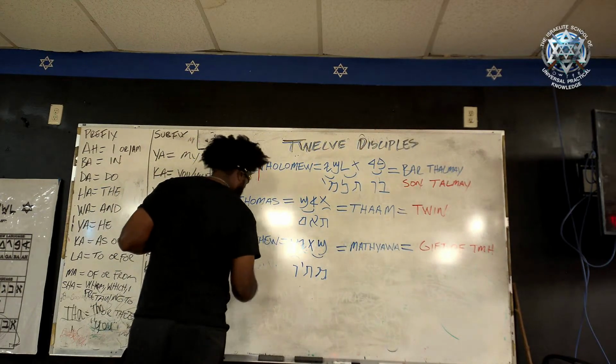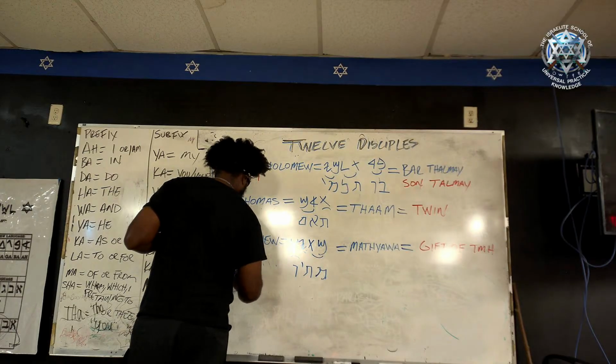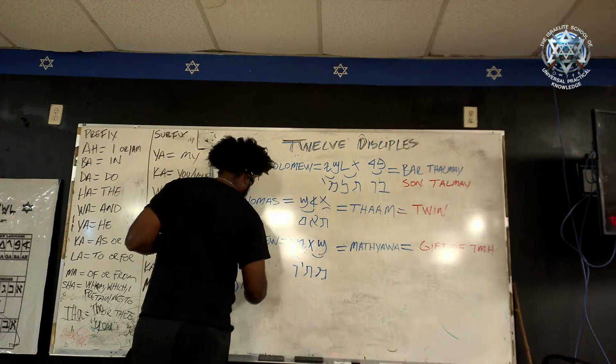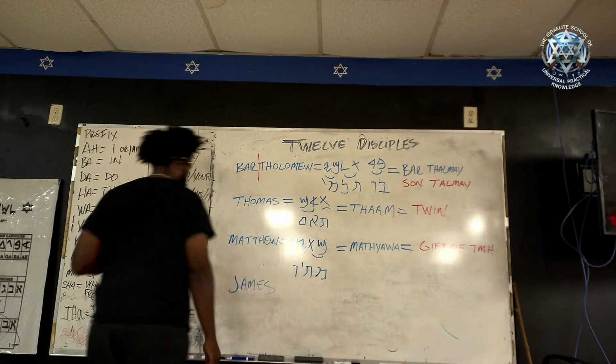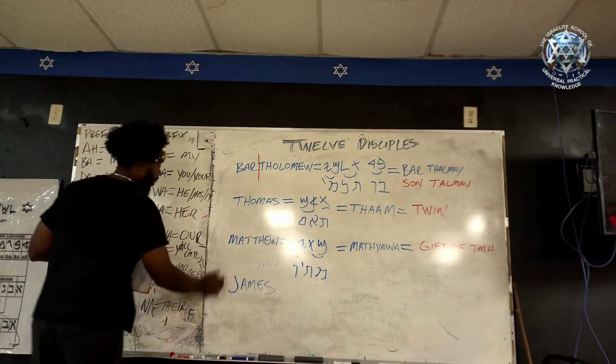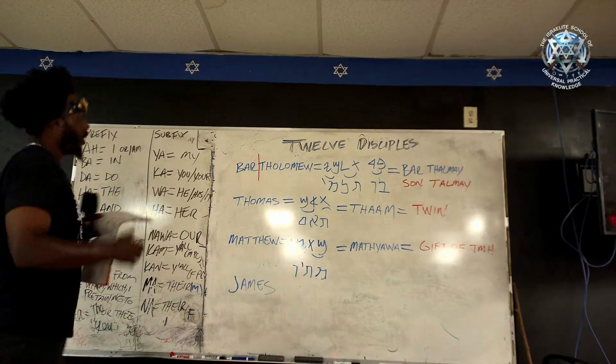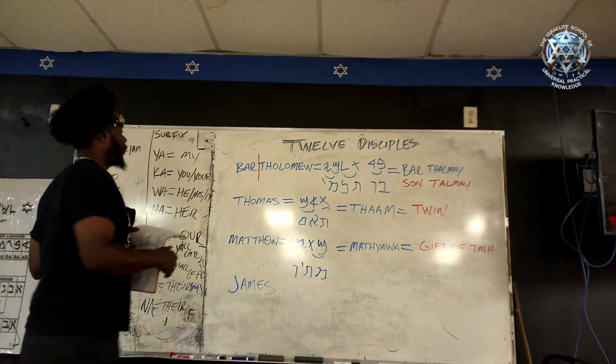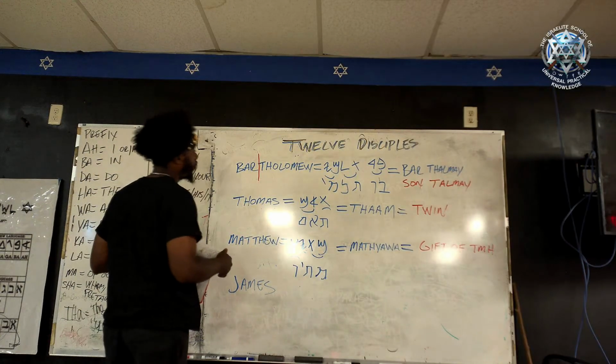Then the next disciple is James. So there were two James. So you had James, which was the brother of Christ, right? And then there was another James, right? Which you already have that one. We just did that one. That was quad, right? So the next four, right? So we have